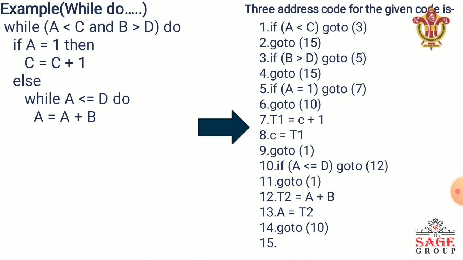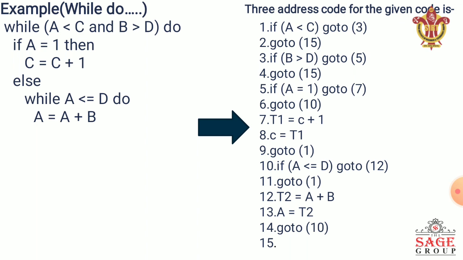Now we execute our true part, which is t1 is equal to c plus 1 and c is equal to t1. Now in the while, if either condition is executed, if or else, we again check our while loop. For performing this, after we execute our true if part, at the ninth statement we write go to 1, by which we can directly switch from statement number 9 to statement number 1. After that we execute our else part, which is also a portion of the while statement, where while a less than equal to d.